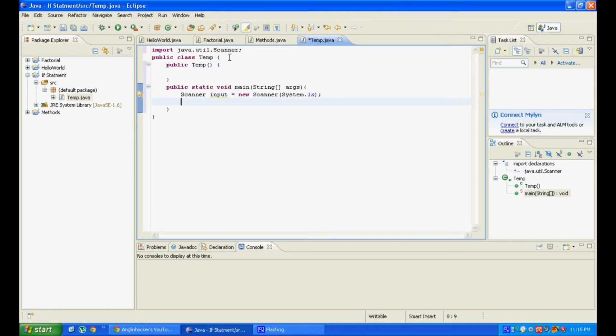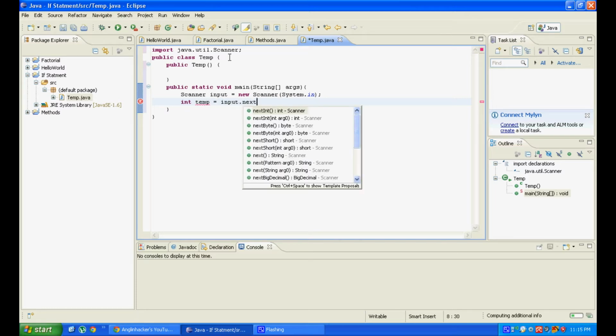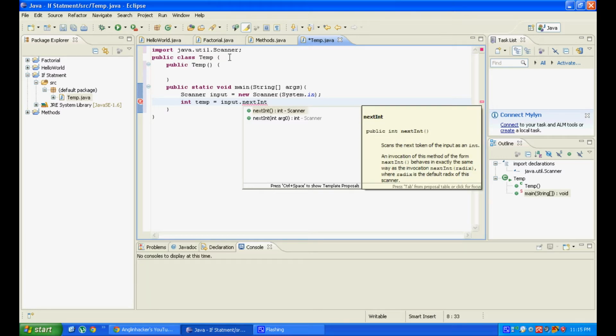And now we'll create and assign input to something. So integer, called temp, and you're just going to set it equal to the input dot next int, capital INT. Parentheses,